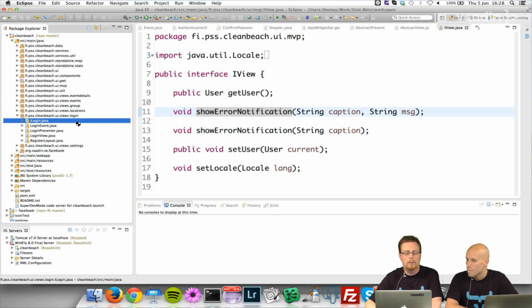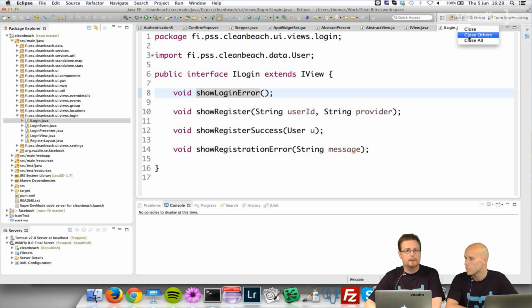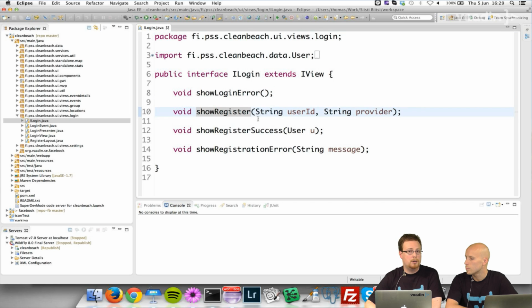So I log in here. What's the thing I'm going to need from the login page? What's the presenter going to need? So we're going to need a login error. Of course, I had the other error messages already, but those are generic. I wanted this specific thing because it shows a specific message in a specific place, so I need this. Then I need a method to show the register layout because I want people to be able to register, and that's something the view does.